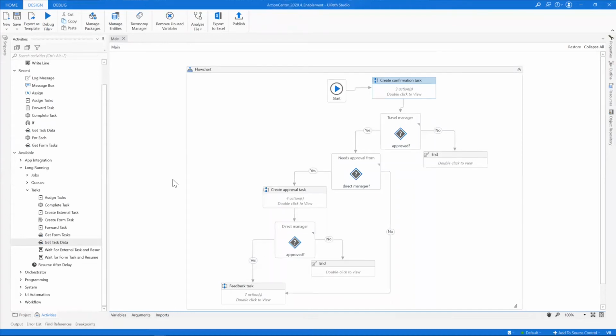For this particular example use case, we are going to look at the workflow that we had of travel expense approval, wherein the confirmation task was created for the user. Once confirmed by the travel manager, it goes to an external system to be approved by the direct manager, and then once the direct manager approves, it comes back to the user for their feedback. In this flow, we did not talk about the SLAs, but this time we are going to introduce some SLAs,